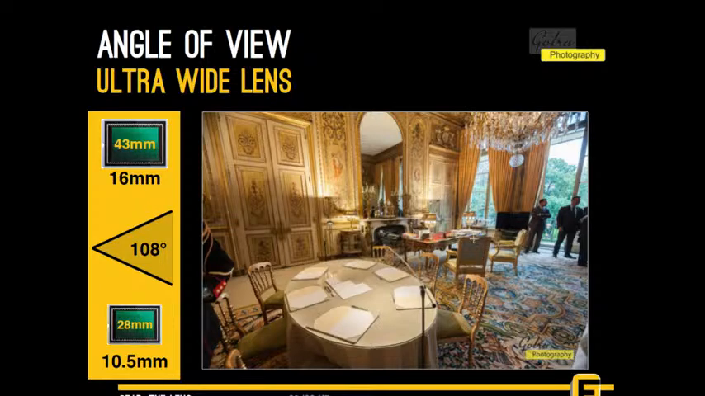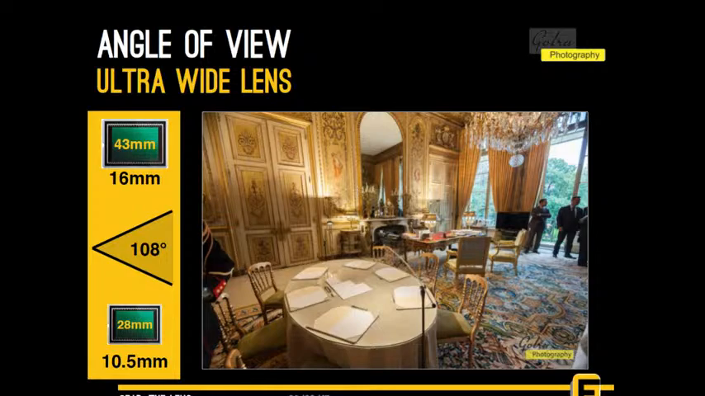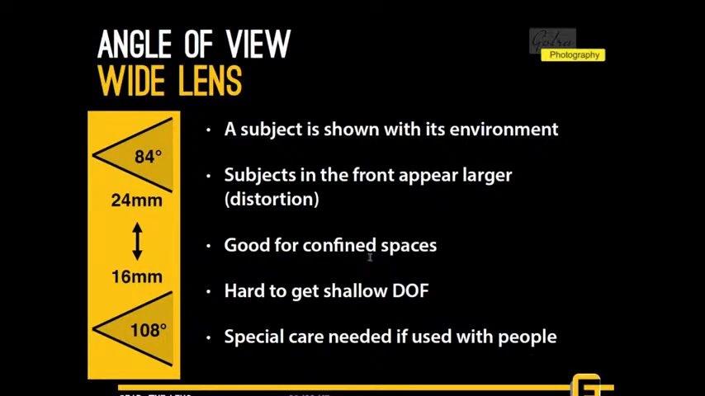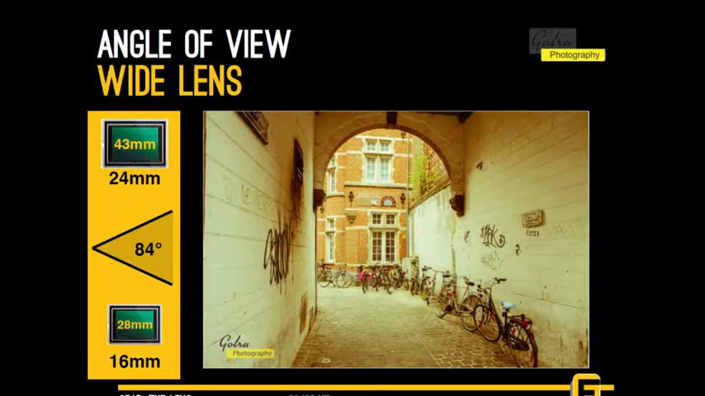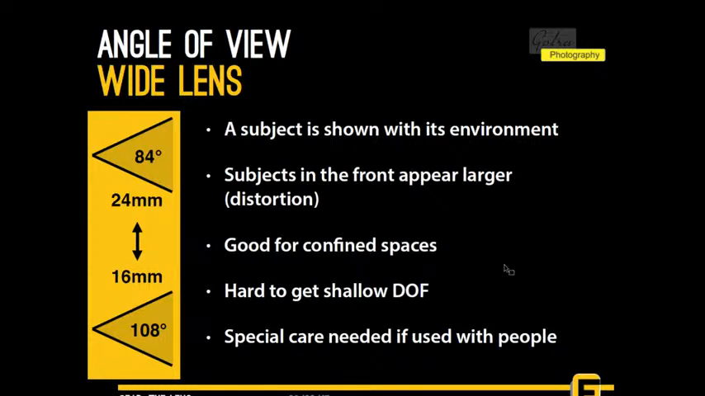So it depends. If you want to take a picture of the whole room, sometimes to the client you have to show the bigger picture, so you use a lesser focal length, a wider field of view, to get something like this. A subject is shown with its environment. Subjects in front appear larger. It's good for confined spaces and for spacious spaces like this, but it's not really good for